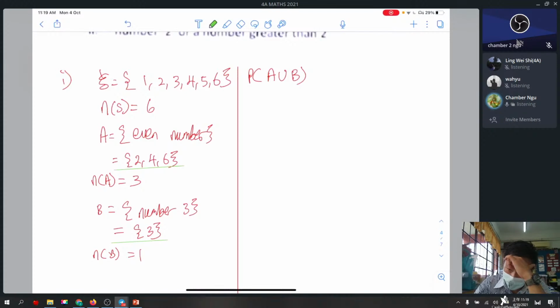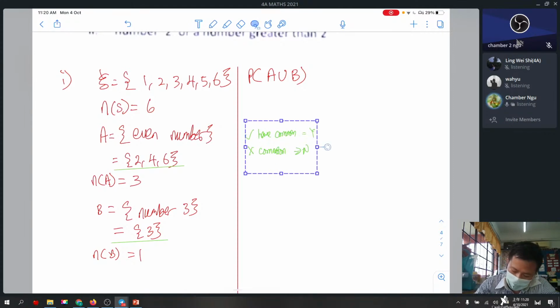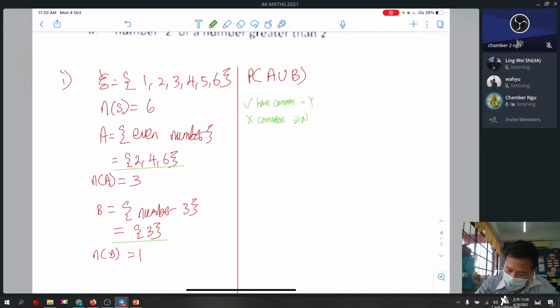If yes, they have the common element, reply me Y. If they do not have the common element, reply me N. No common. Okay, very good. So if we do not have the common element, that means it's